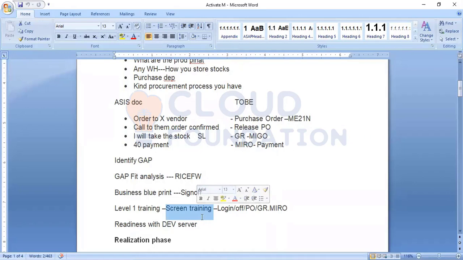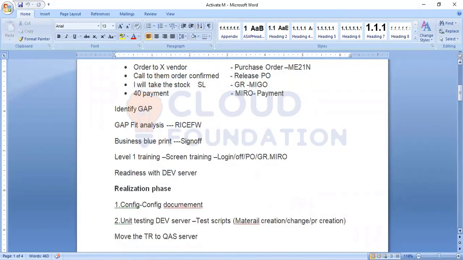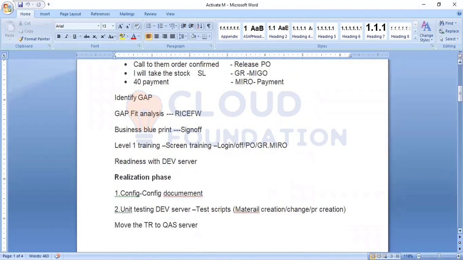Next is readiness with the dev server, so we are going to handle the dev servers.